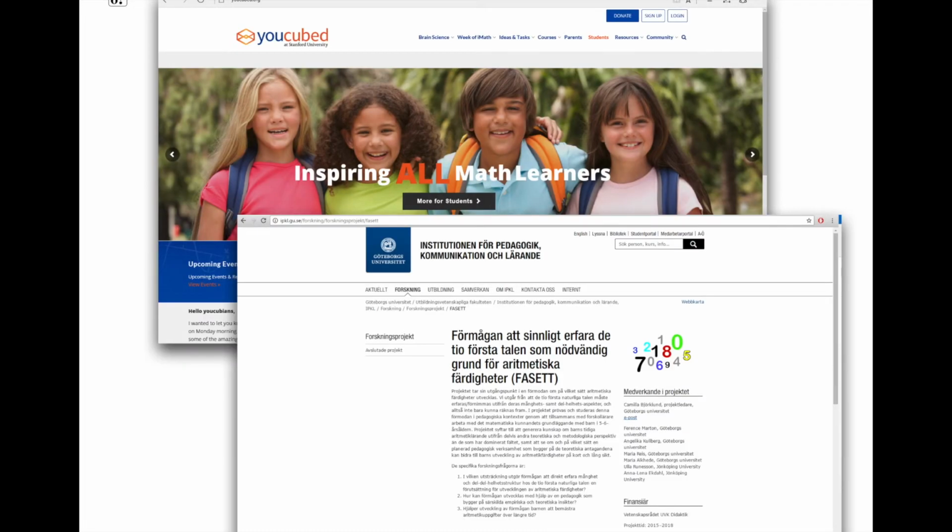So I started looking into what type of research was available around this area, and it turns out that there is quite a lot of research that has been done when it comes to kids counting and dyscalculia and things like this.